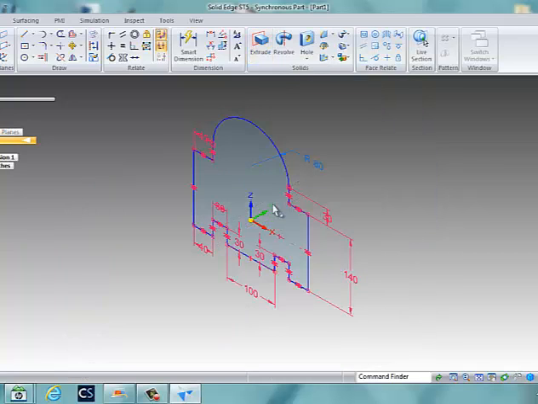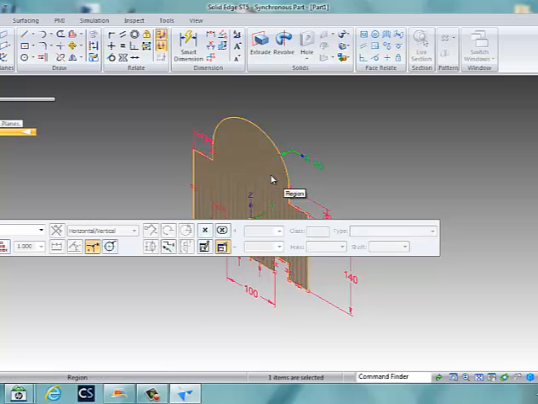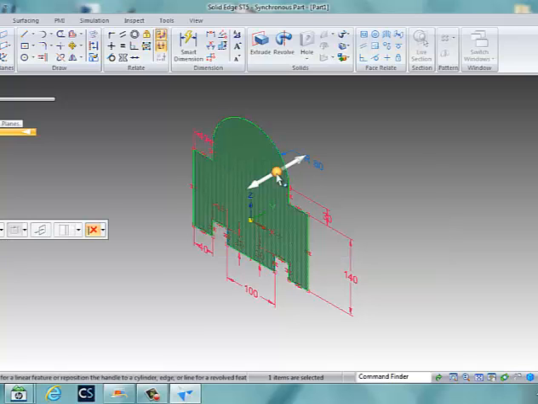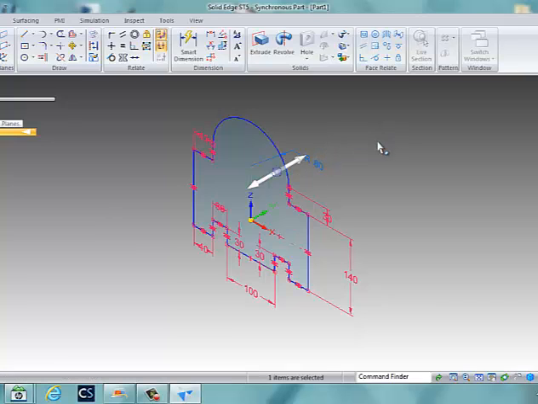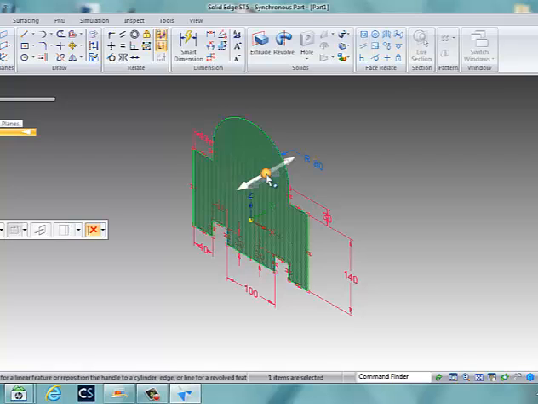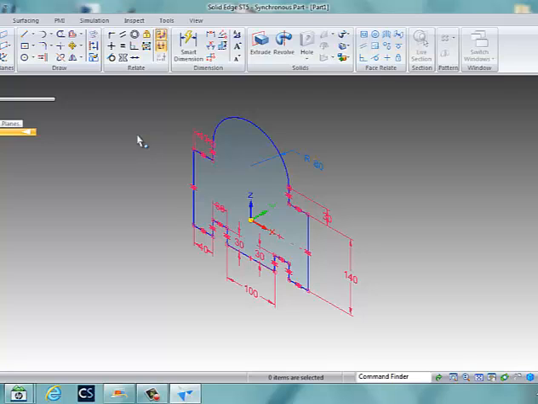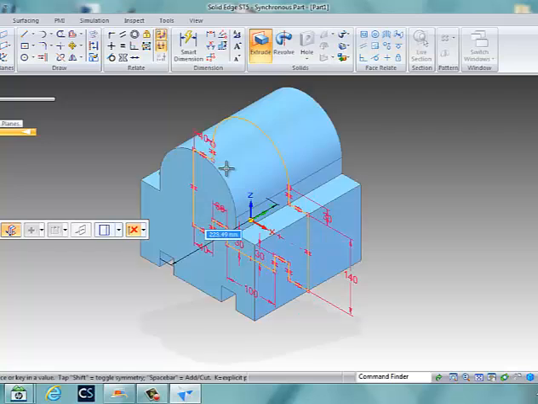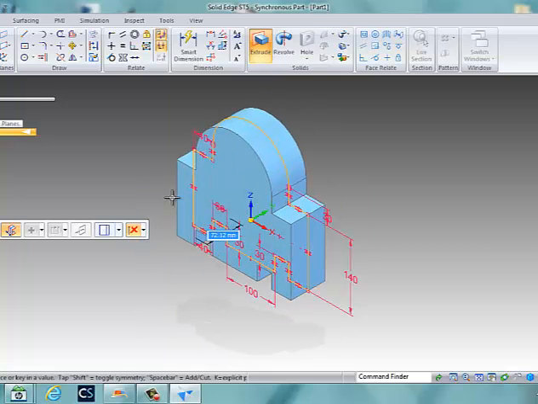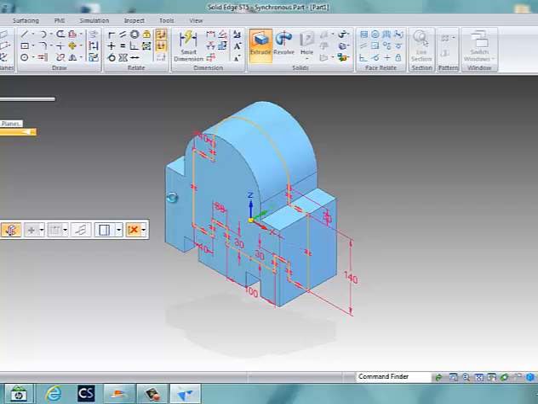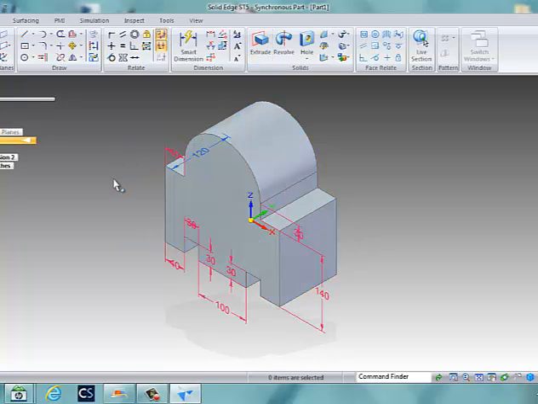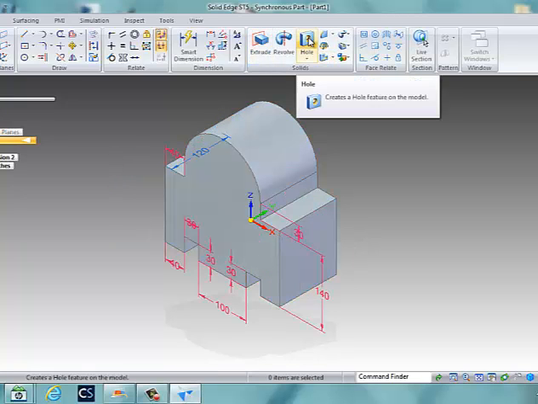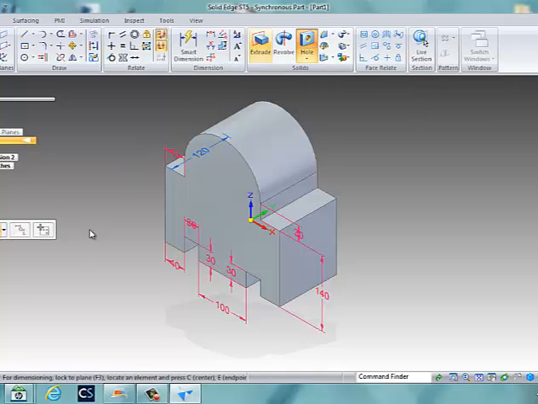No. I know I keyed it in, right? Come on. There we go. Try it again. Sorry. There we go. And I want 120. That's better. Now we've got a hole going through this, so I'm going to click my hole tool,